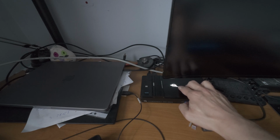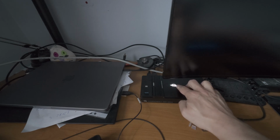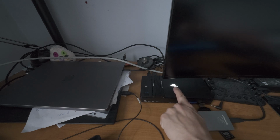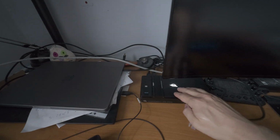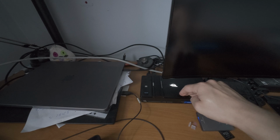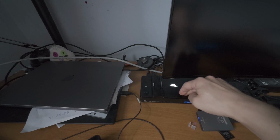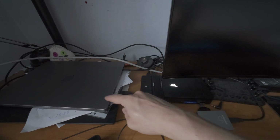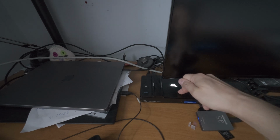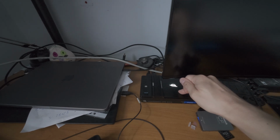I've seen it a few times. It's quite rare, but it happens. And when this happens, the power station draws 9 to 10 watts, which is kind of annoying. Although this might be related to the Mac battery. Maybe it charges the battery or is doing something, or maybe the Mac is actually powering this up. I don't know what happens, but